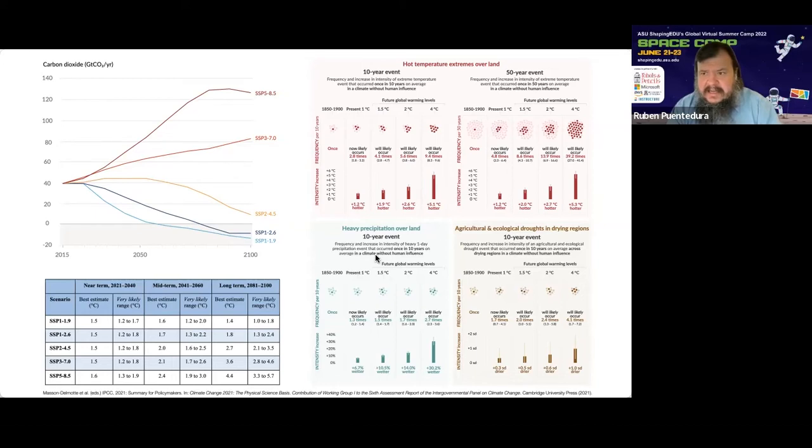But strictly speaking, I have some good news and some bad news. The good news is we're not likely to hit either of the top 2 paths, because the economic cost of going on those paths just becomes overwhelming. Think of it, if you hit those 2 top paths, it becomes like the peak worst moment of the COVID pandemic every day of the week, okay? That's too expensive. In other words, at that point those paths begin to fall apart of their own accord, because economic activity becomes unsustainable.